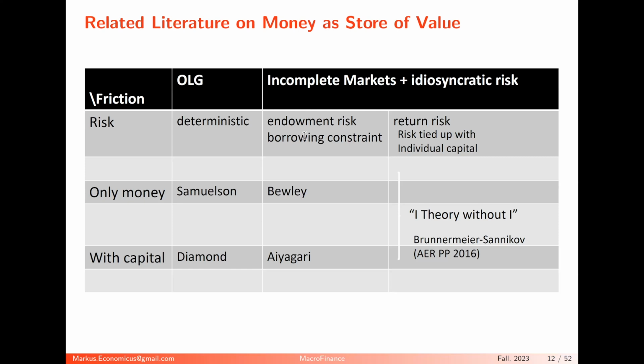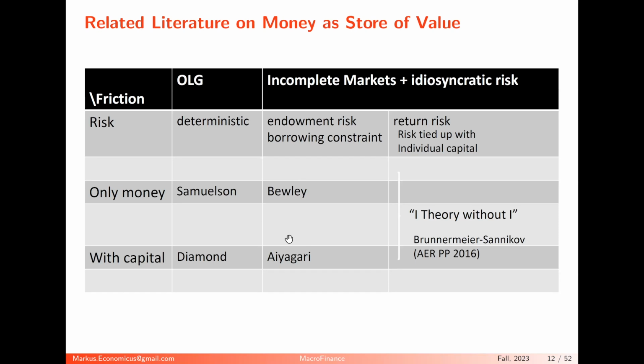So you have some labor risk. Labor income is shocked, and you have some endowment risk, and you might have a borrowing constraint on top of it. The first one who developed this money literature, in the late 1970s, early 1980s, was Truman Bewley. And there's only money in it, like in the Samuelson setting, or only government bond. When I talk about money or government bond, as long as we don't talk about a double coincidence of wants, it's the same thing.